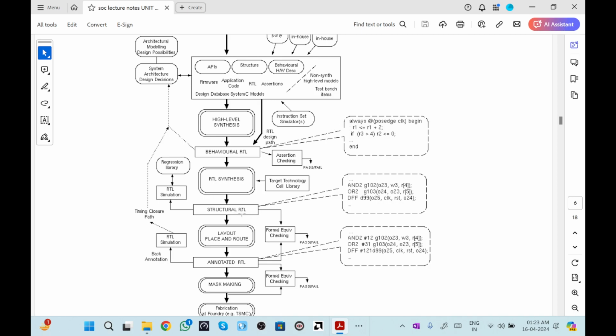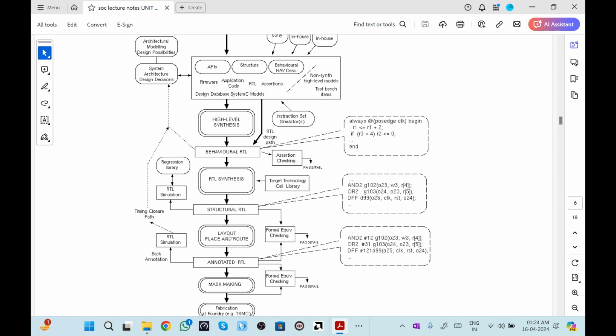Then we have the structural level, which will be using some assign statements. Basically this structural level is being mentioned in a different way. So this is not structural; this is gate level modeling, which the book is showing. So this is not structural. The structural uses the assign keyword.